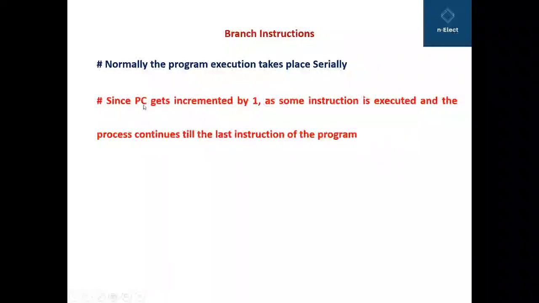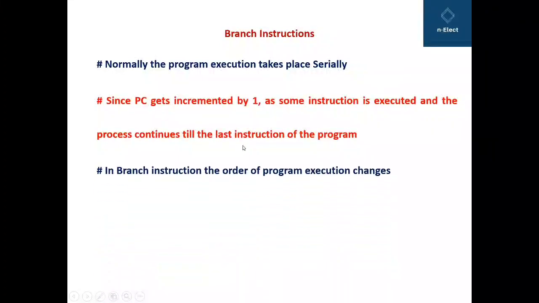The program counter gets incremented by 1 as each instruction is executed, and the process continues till the last instruction of the program. In branch instructions, the order of program execution changes, and this is the specialty of the branch instructions.